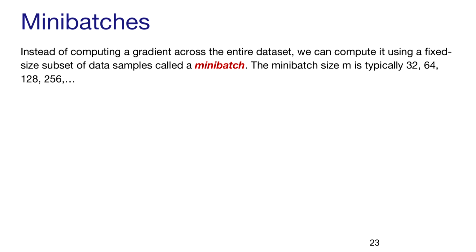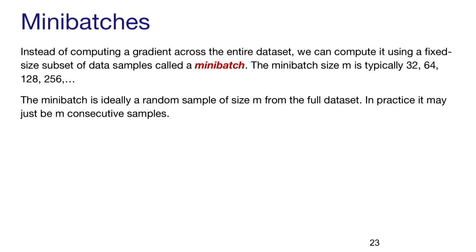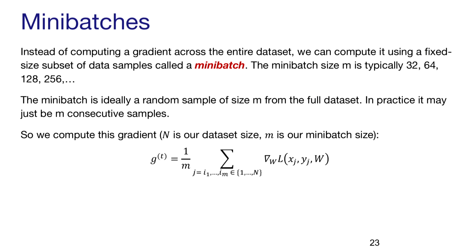So you take a block of data samples of that size from your full training data set. Should be random. So one way is to shuffle the data so that it's not really a random sample, but at least you're eliminating possible correlations in the input data. And then you take this small set of samples,